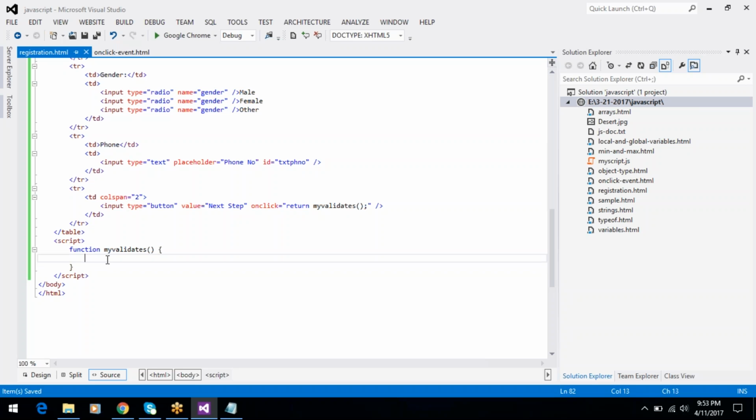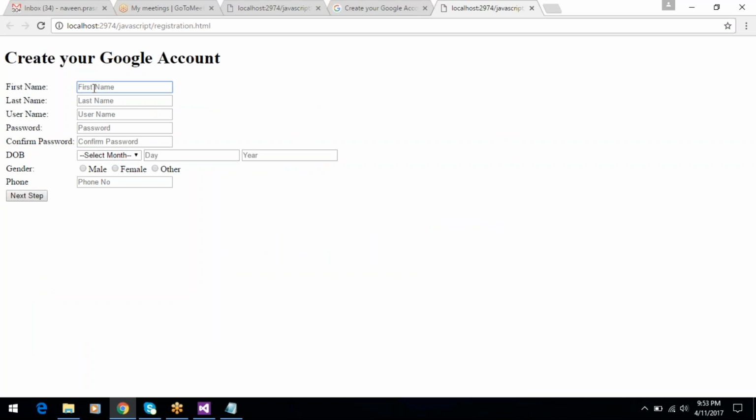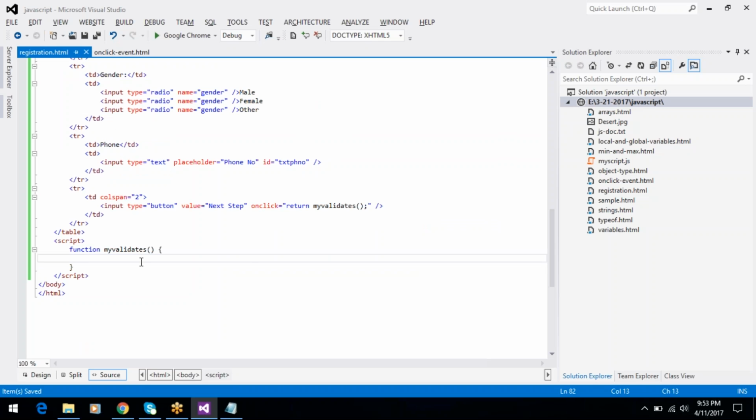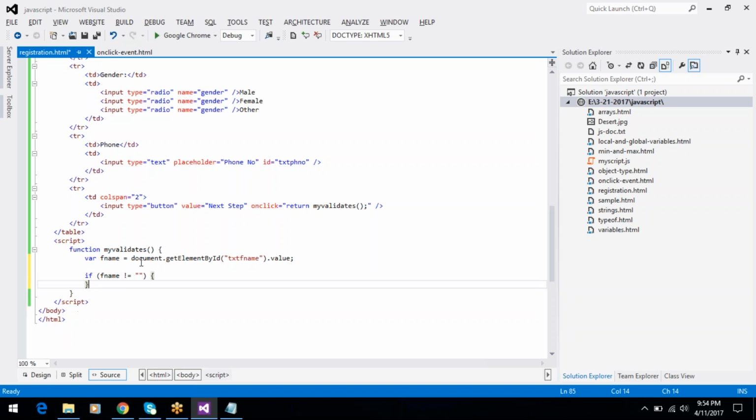Now first of all we have to check whether the first name text box is empty or not. var fname equal to, first of all we need to find the text box element: document.getElementById txtFName dot value. If fname not equal to empty, then alert